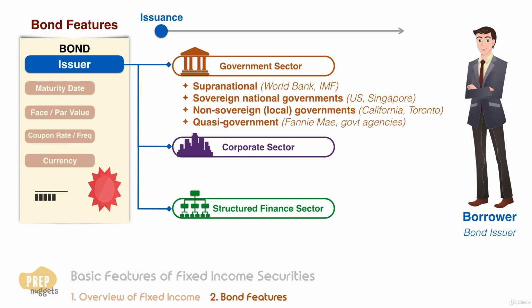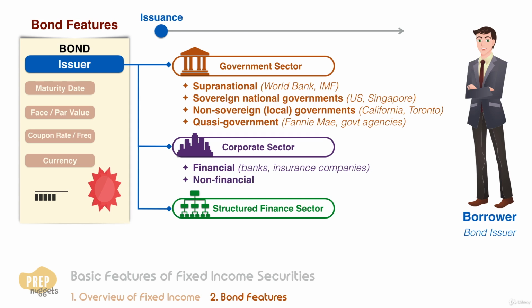Quasi-government entities are government-related organizations that secure their own funding outside of government budget. A good example is the Federal National Mortgage Association in the US, better known as Fannie Mae. Corporate bonds are issued by the private sector. They're commonly divided into those issued by financial companies such as banks and insurance companies, and those issued by non-financial